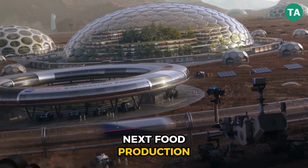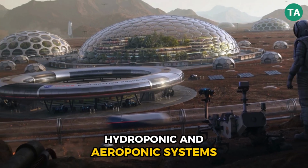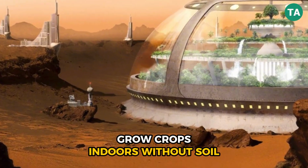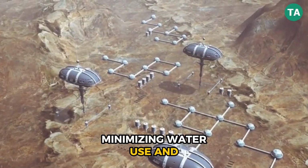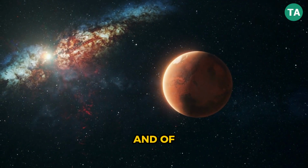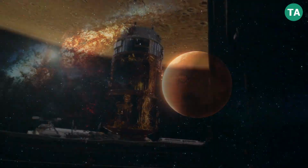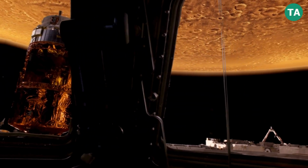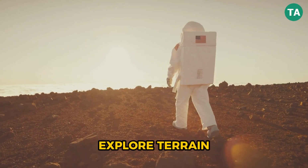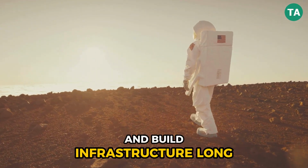Next, food production. Hydroponic and aeroponic systems will allow colonists to grow crops indoors without soil, minimizing water use and maximizing yield. All managed by AI to optimize efficiency. And of course, mobility and construction. We'll need AI-guided rovers, robotic builders, and autonomous drones to prepare sites, explore terrain, and build infrastructure long before humans